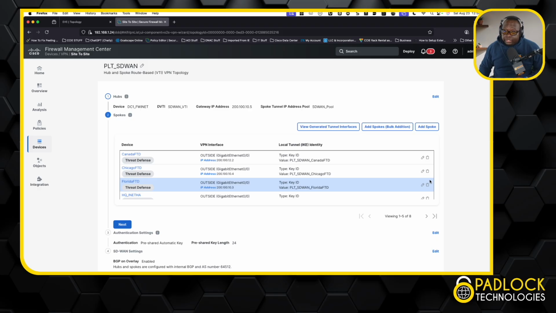this is the cool part. Now, this is why you would do this instead of route-based VPNs, because it's going to eliminate a lot of the underlay, like the initial setup. Because if I had a new spoke that I wanted to add to this, what I would do is hit this add spoke button,